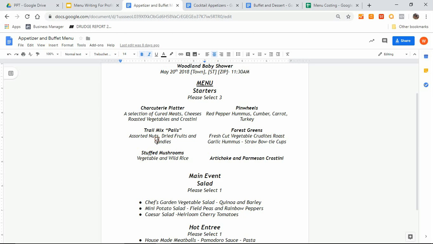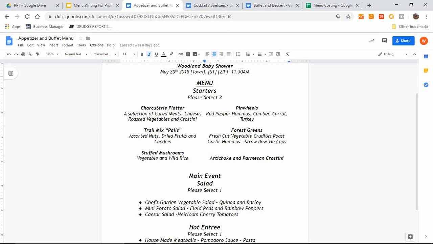Assorted nuts and dried fruits would be up there as well on the high cost. So I only have 2 expensive items here, and I'm thinking if they're next to each other, they're probably not going to just pick these 2 right here. So hopefully they would pick the charcuterie platter, some stuffed mushrooms, it's a great margin on those, and crudité, which is great money. So you give them an option, and you have a good mixture of high cost and low